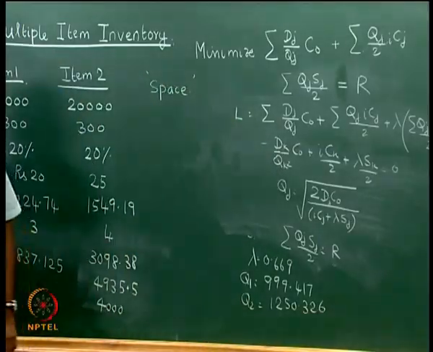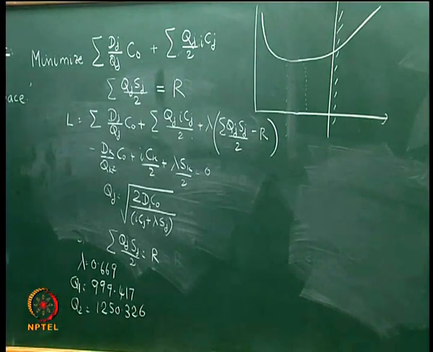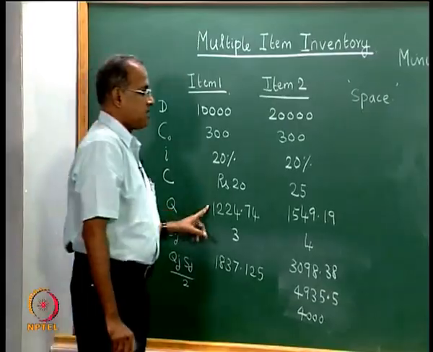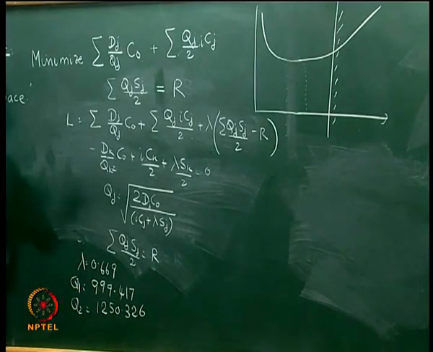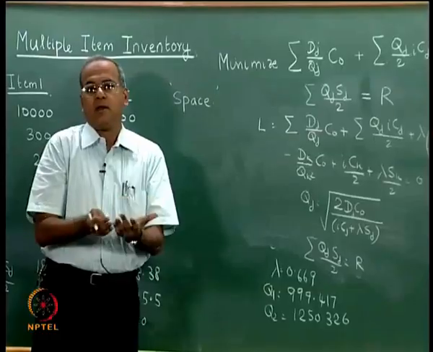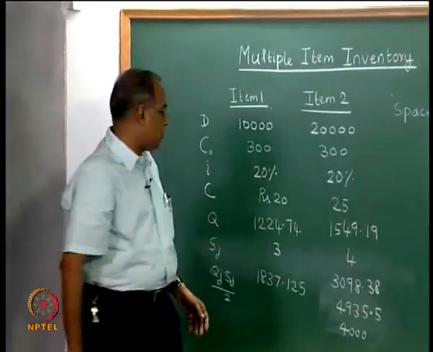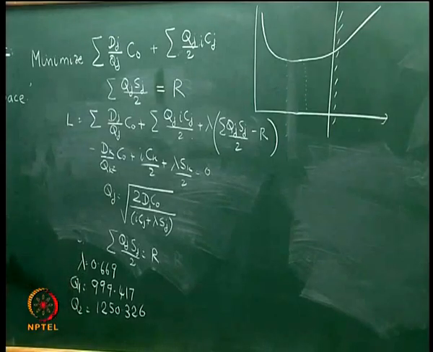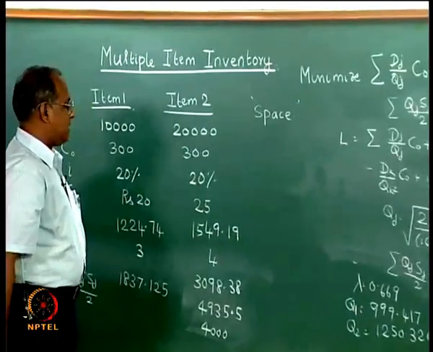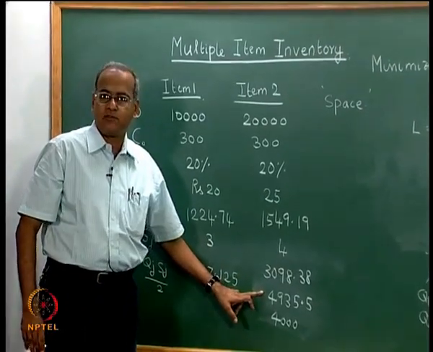So, Q1 and Q2 are now different, they decrease because 1224.74 becomes 999.417 because there is a restriction on the space. So, the order quantity has to come down. So, 1224.74 becomes 999.417. Let me again repeat that for the economic order quantity the space required is 4935, which